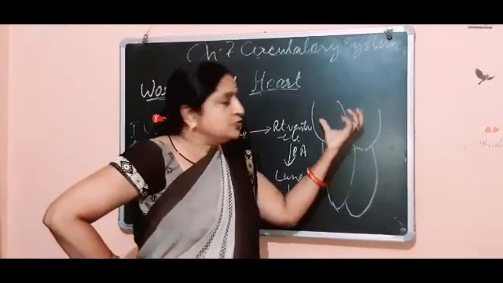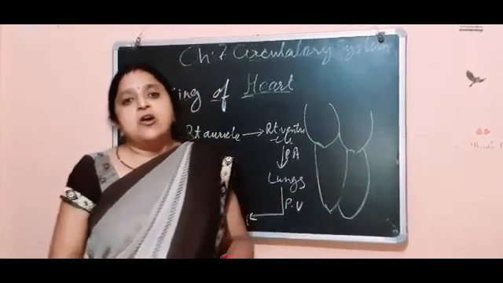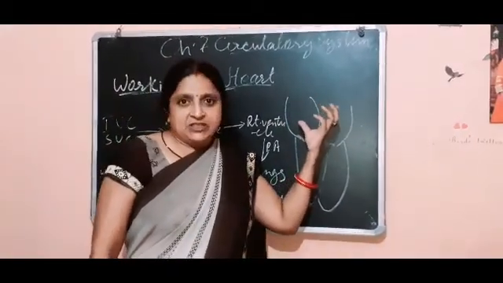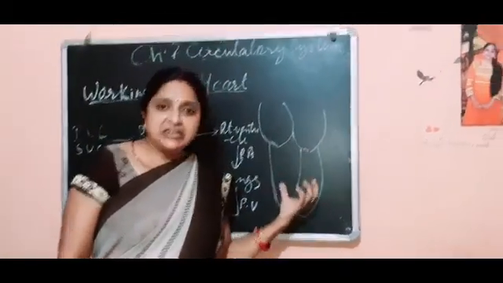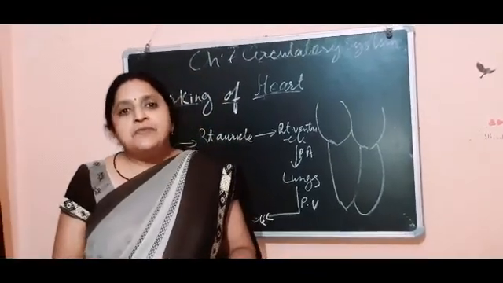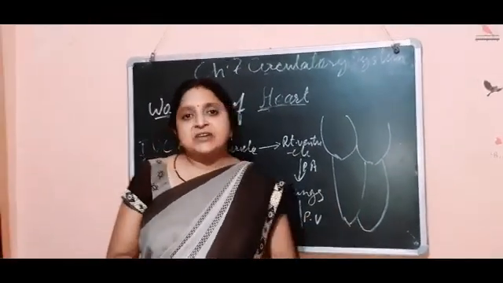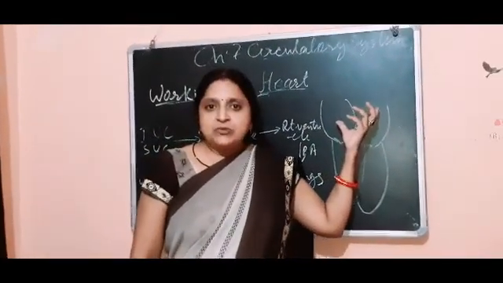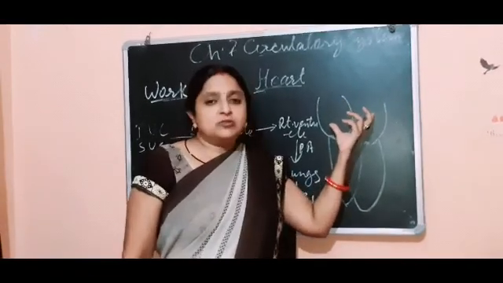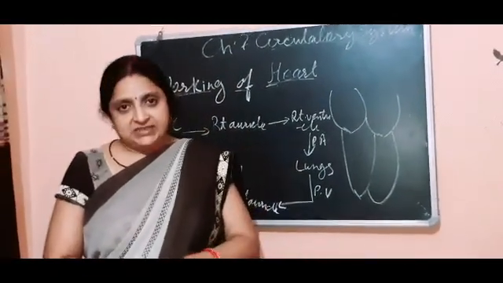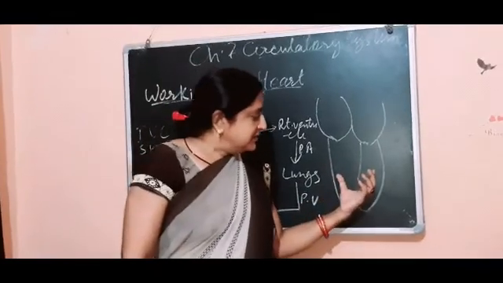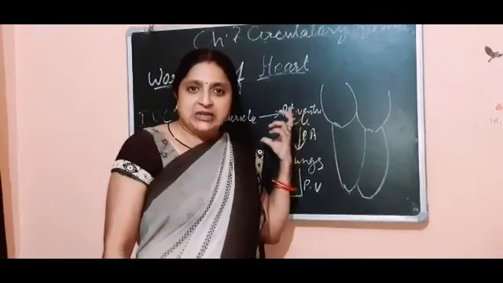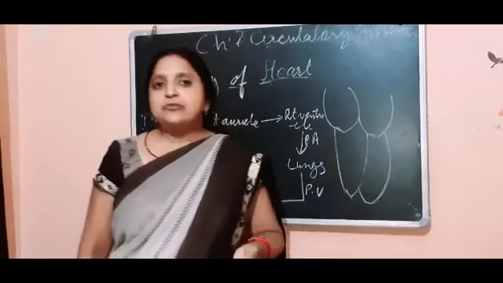When the blood comes into the auricles, that phase is called the auricular systolic phase. And when the blood comes from the auricles into the ventricles, that phase is called ventricular. Now the blood in the ventricles, that phase is called the ventricular systolic phase. Now the auricles are empty of blood, and that phase of the auricle is called the auricular diastolic phase. When the two ventricles push the blood, the right ventricle to the lungs and the left ventricle to the whole body,